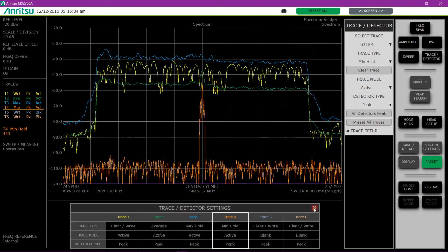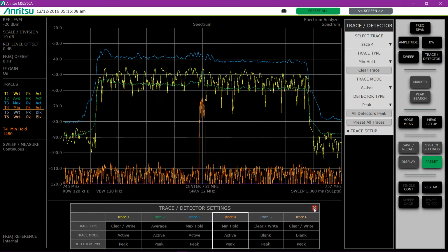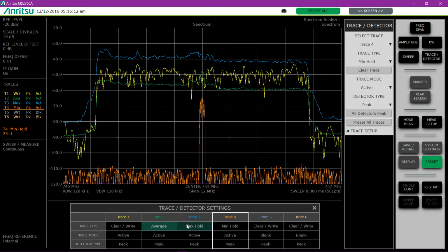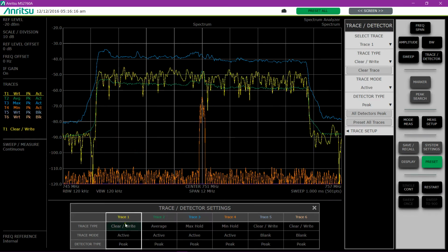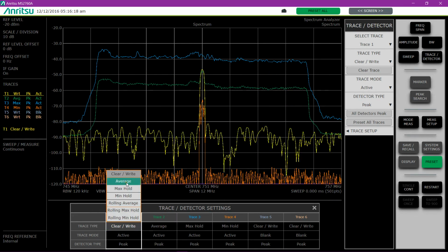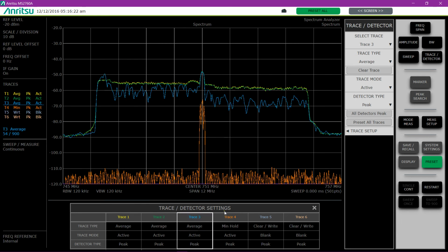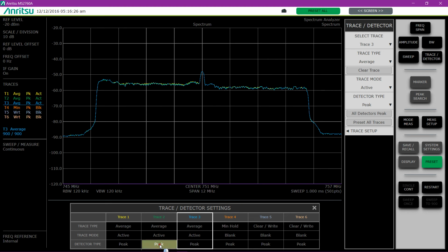And now I have 4 traces on with 4 different function modes of clear write, average, max hold, and min hold. Going back here to trace 1, make it an average as well. Make trace 3 an average. Blank out trace 4. Turn on different peak detectors,